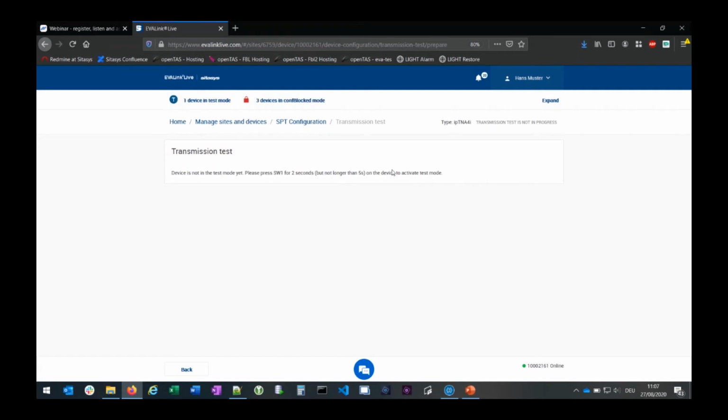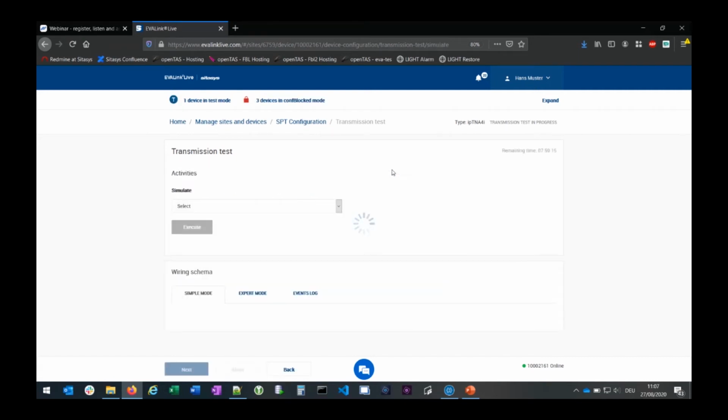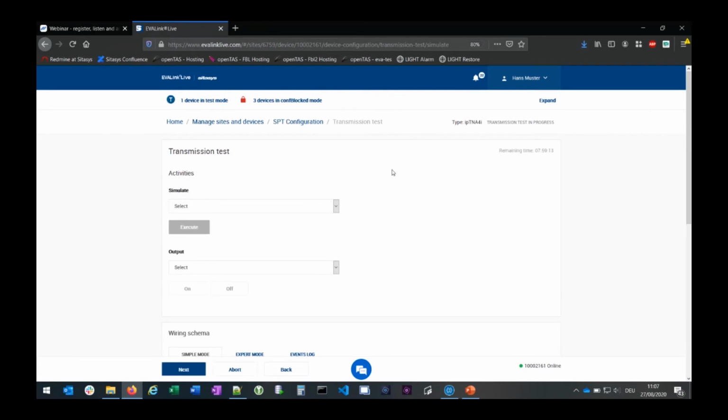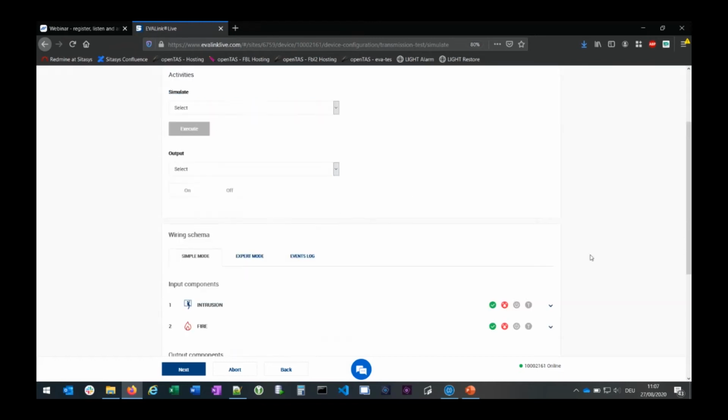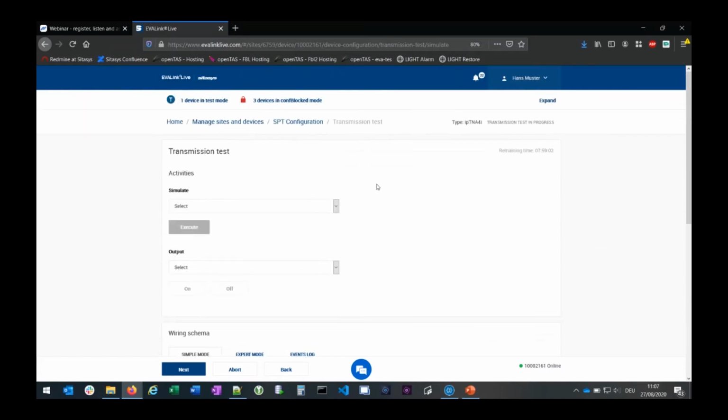The device is here on my left. And it has worked. The device is now in test mode, and I can start the test. I will explain first here the areas, and then I will start the test. In the top, you find